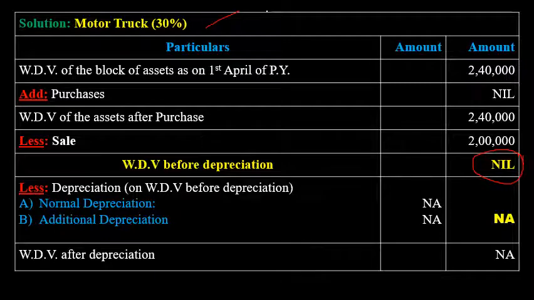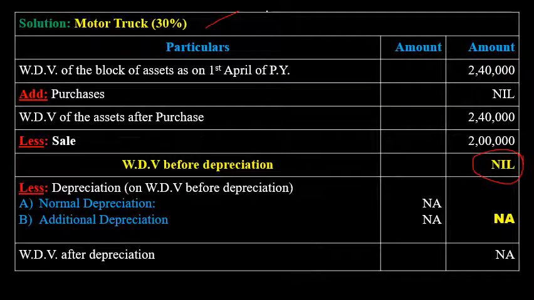Again, don't apply the concept of accounts. You may question that yes, SSC is the owner. SSC sold the asset in the month of February 2020. Till then we have to calculate the depreciation. See, that concept is not applicable here. We are not calculating as per the accounting concepts, we are calculating as per the Income Tax Act. Under the Income Tax Act, if there was an asset and it was sold in the previous year at any date, then there should not be any calculation of depreciation.